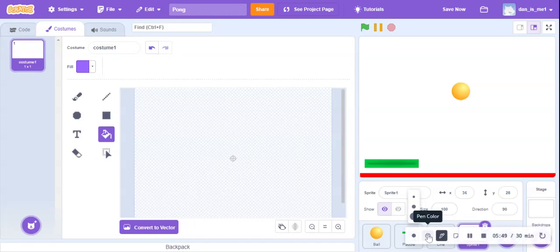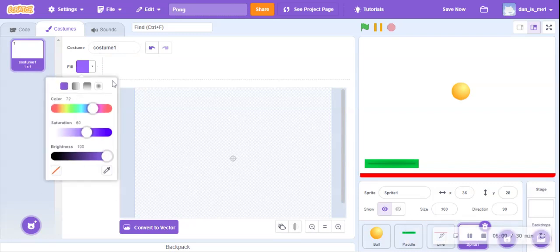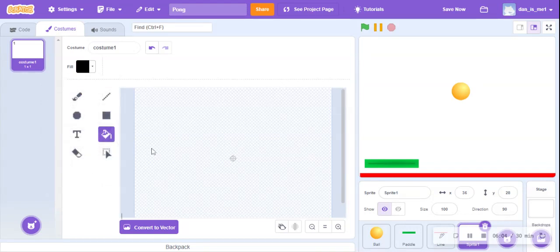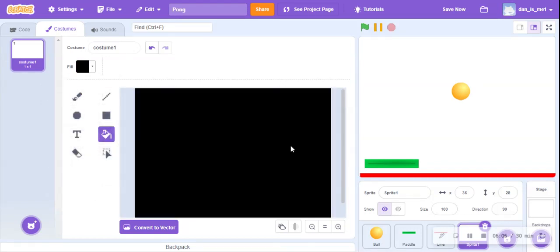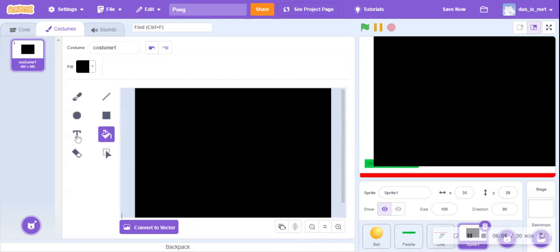Then click on the fill button. Click. Now make it black, but it can be any color you want. Fill it in, and then